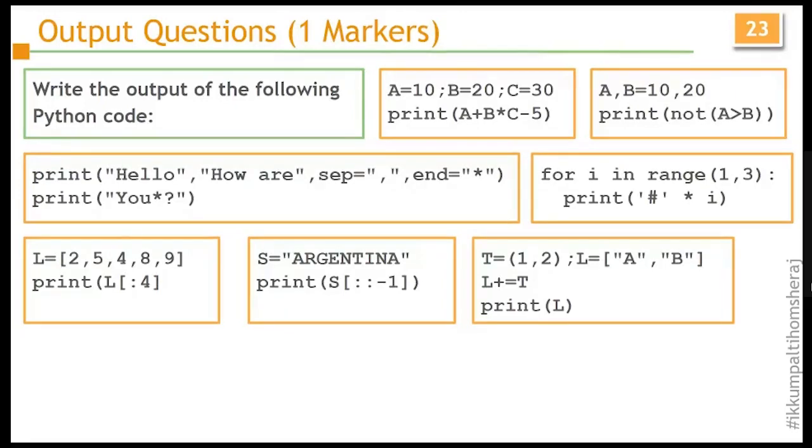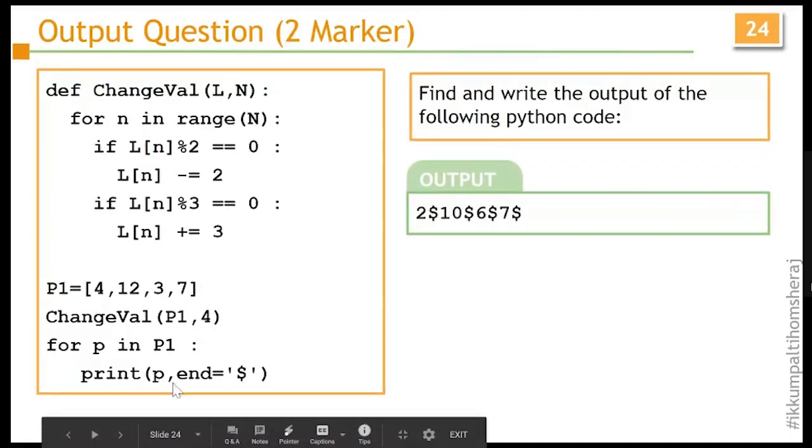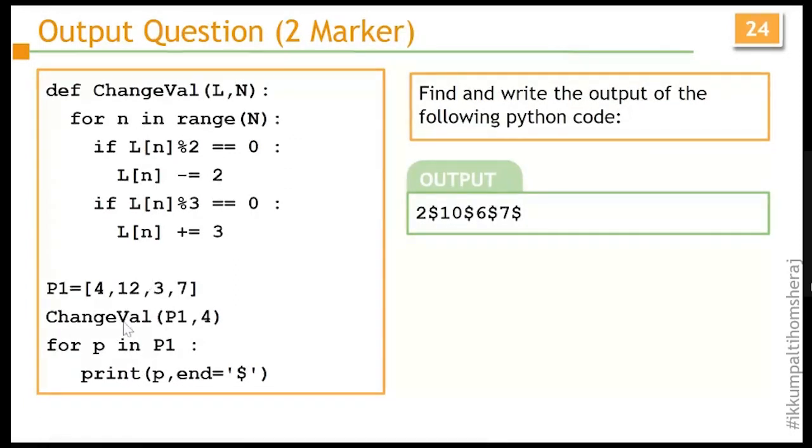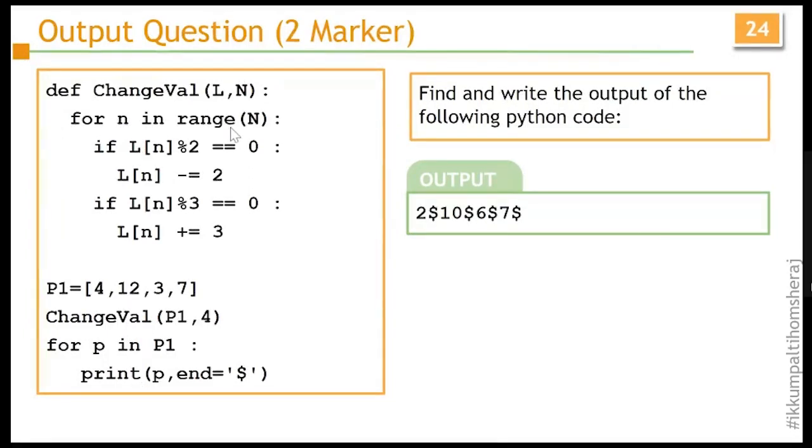Then we can have 2-marker output questions in which we can put functions, and along with that the concept of list. You can see here, we are simply doing some manipulation in the list. There are 2 important concepts getting tested here: parameter passing and the mutable concept, that whatever changes you have done to the list are reflected out here. If we have made any change, ideally, if it were an immutable data type, it would not have changed. And if it is a mutable data type, it will change. So that is what is conveyed here.